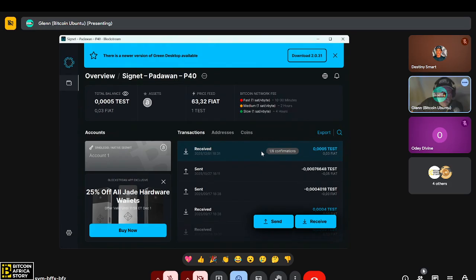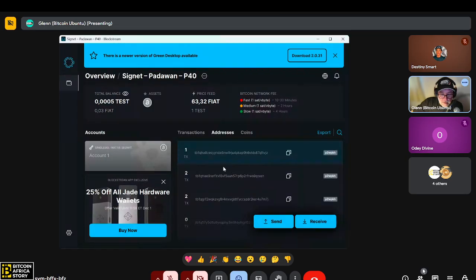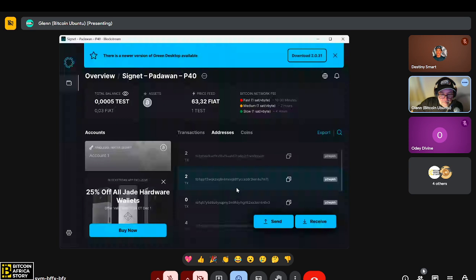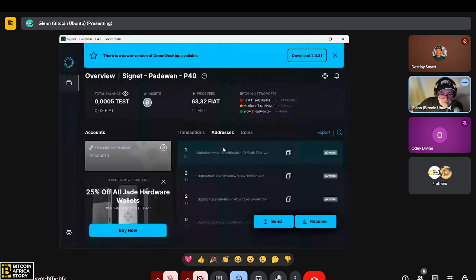So let's have a look here. You can see in this wallet we can see our transactions. Then we can also see our addresses, and this is great because it means that we can verify that the address. So if we may be using a watch wallet on another device, we can cross-check. Or if we're using a BTC Pay server that this wallet is hooked up to, we can actually check that the addresses that our other infrastructure is generating are the addresses that our wallet is